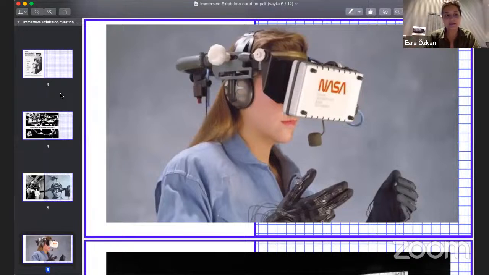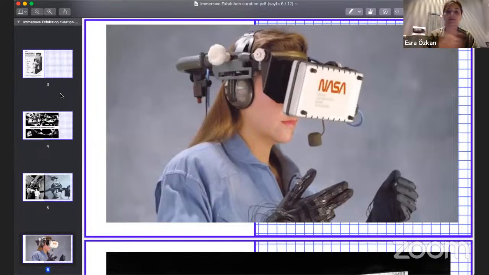Then the game industry came into the sector, and Sega realized a VR that can be used with game consoles. Then, when we reached the 2020s, differently designed models of VR glasses came out and the experience improved.